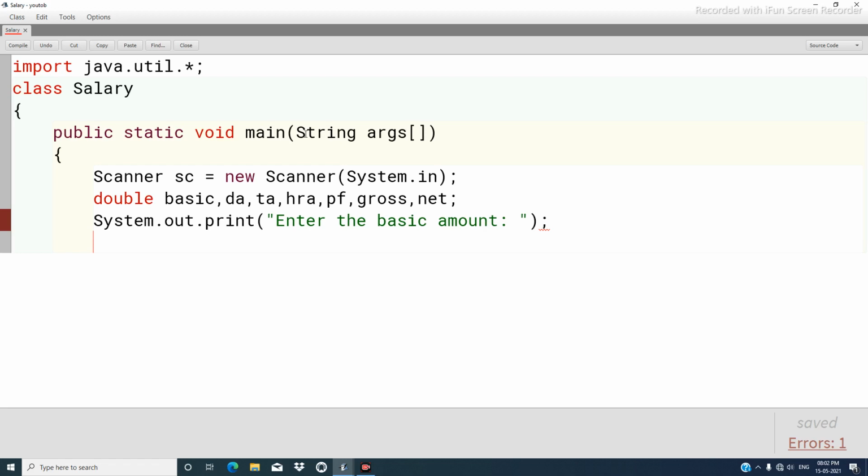Now, so basic is equal to sc.nextDouble. nextDouble is the function of the Scanner class which will accept double data type from the user. That means a data type which is capable of accepting the decimal part. After that, we write say DA, that means dearness allowance, is equal to say 70% of basic. So we write basic into 0.7,